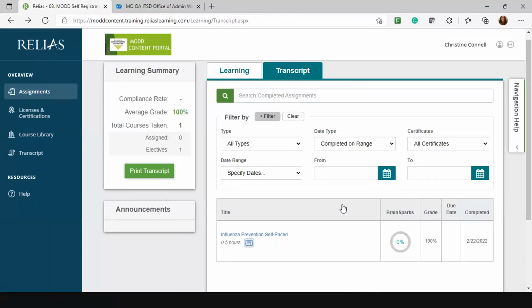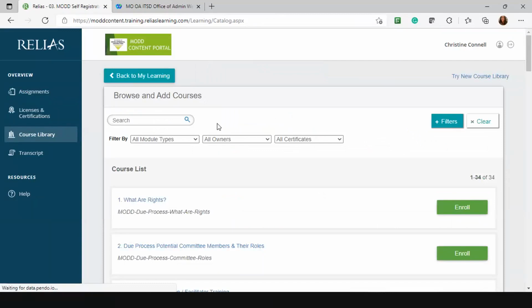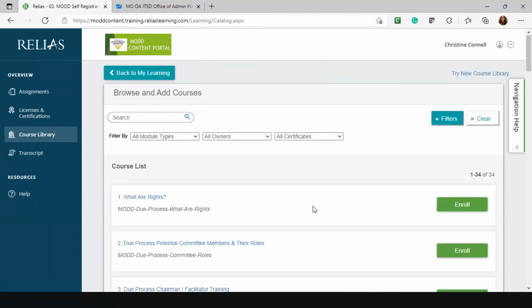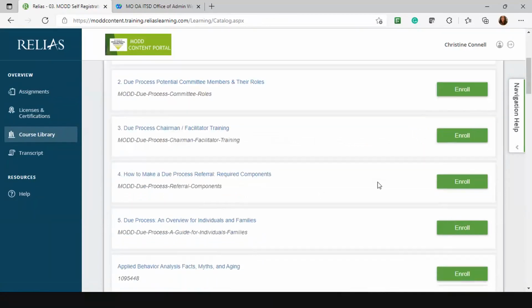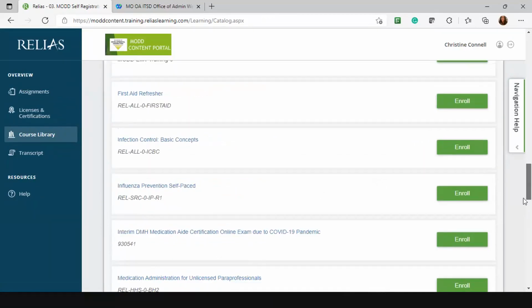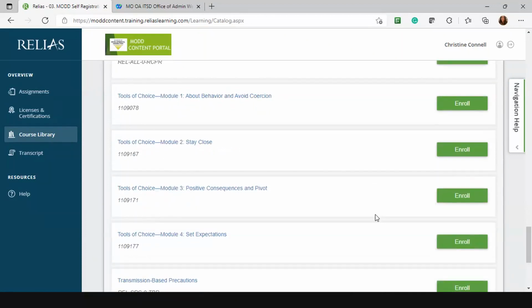A couple of things that I do want to mention that have come up recently. Just so that you're aware, I figured I would mention it as well. There are a couple of courses on here. For the most part, the expectation is that you definitely take the course from start to finish in its entirety. The tools of choice module specifically, if you are going to be taking those, do require that you are 100% on the screen and not doing anything else.